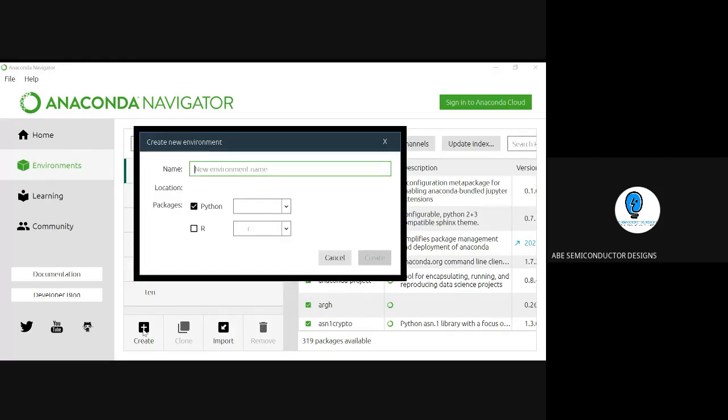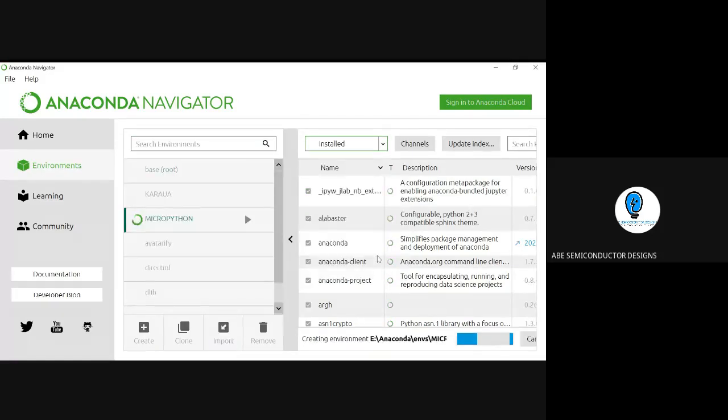So the environment, let us assume, is named micro. I want this for Python 3.7, because I told you MicroPython is normally utilized with version 3. So I just created it, and my environment will be created. It's very simple to create an environment. That's why we use the Anaconda platform here. So now the software is creating a MicroPython environment. Let us wait a few seconds, then we'll go for the installation.